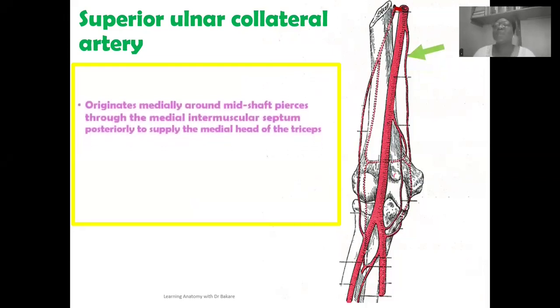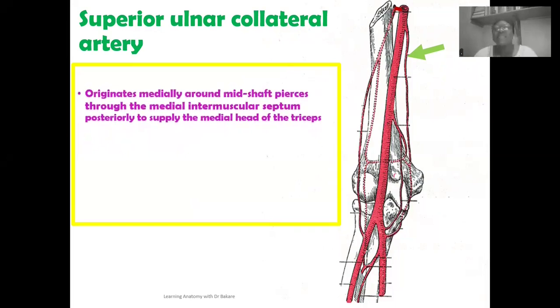So it is seen to emerge medially, and it is seen to emerge around the mid-shaft region. After this emergence, it is then seen to pierce through the medial intermuscular septum. The medial intermuscular septum is a septum that separates the muscles in the anterior compartment of the arm from the muscles in the posterior compartment of the arm. And this is located around the medial region. So it will need to pierce through this medial intermuscular septum for it to be able to access the posterior